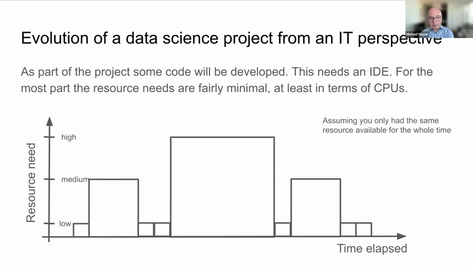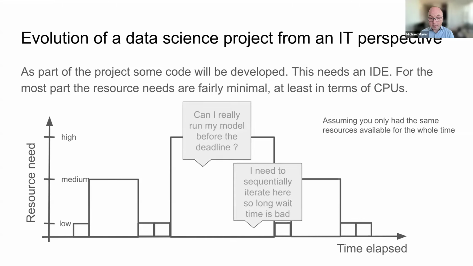So from a compute resource perspective, you have different stages with low, medium, or high resource needs. However, we all know that in times when your resource need is very high,